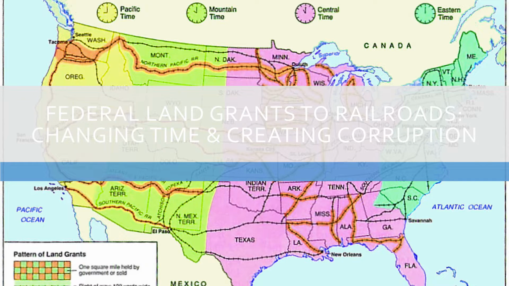And we get standard time: Eastern time, Central time, Mountain and Pacific time. You might notice the state of Florida was originally in Central time. That's because it went by the geography of the railroads. Railroads didn't come down here for a while until a Mr. Henry Flagler built a railroad, putting Florida and Georgia into Eastern Standard Time afterwards. So even time will change as a result of this growing corporate world.